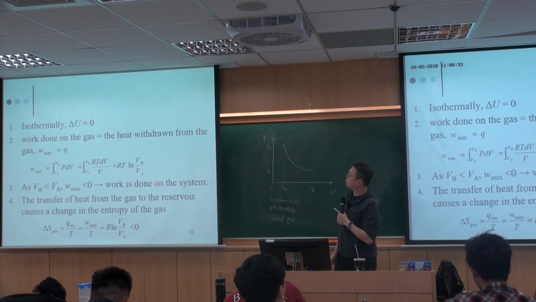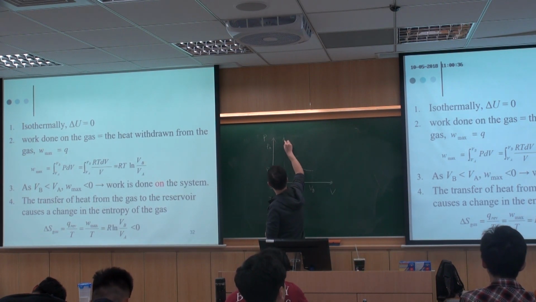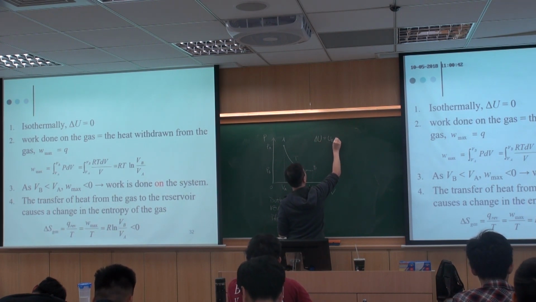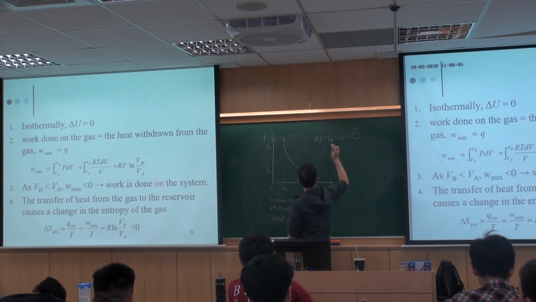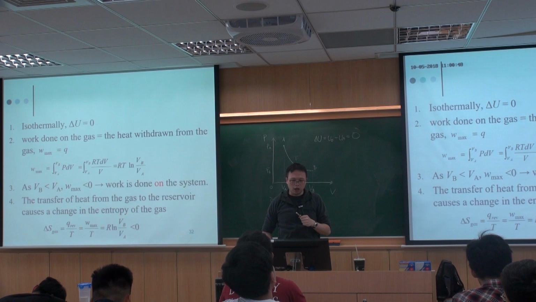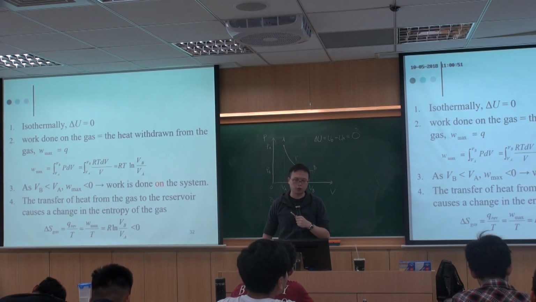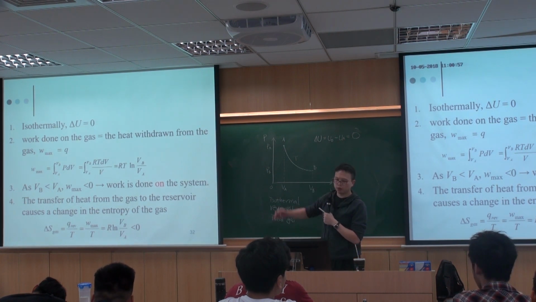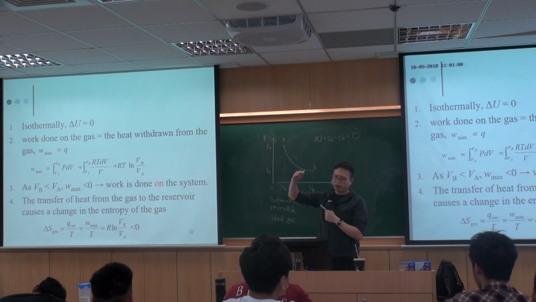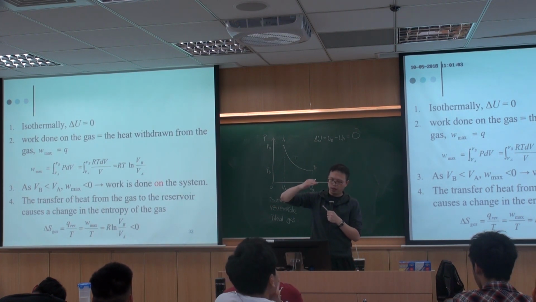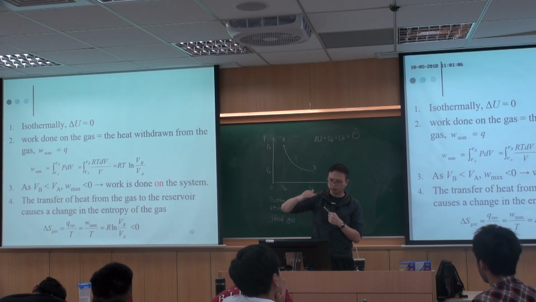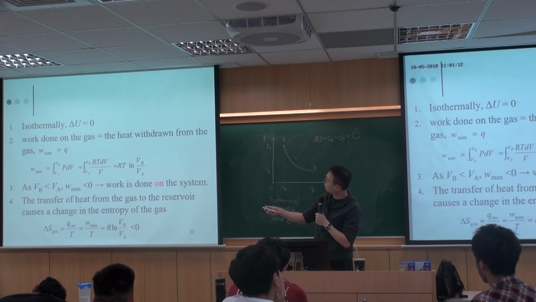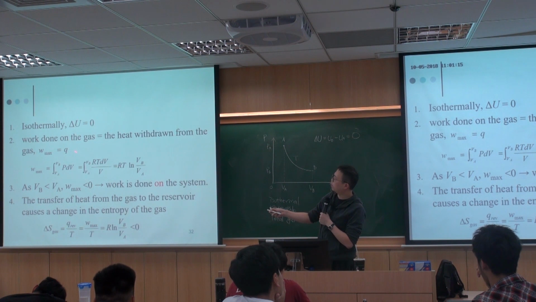And since this is isothermal process, we know that for A and B, delta U, again, UB minus UA, this should be 0. The work done on this gas will be the same as the heat withdrawn from the gas. And the reason why we say this is on the gas is because we're compressing it. So we're converting work into the gas system. And the maximum work, since this is a reversible process, therefore we have maximum work. And it will be the same as Q.